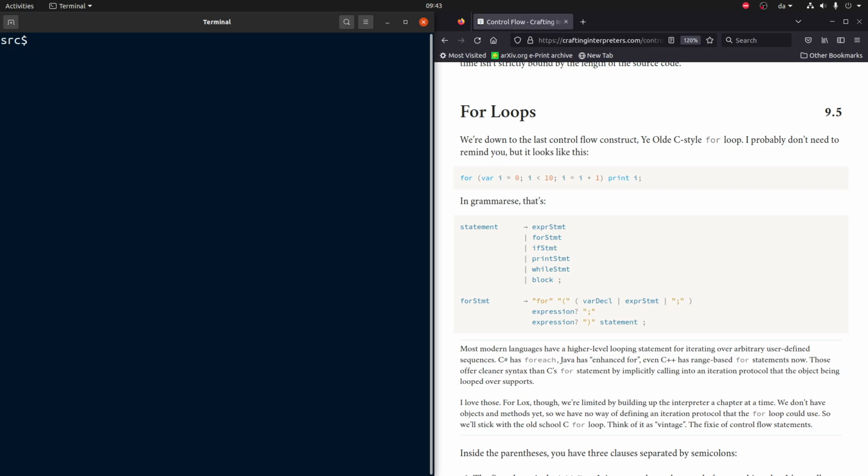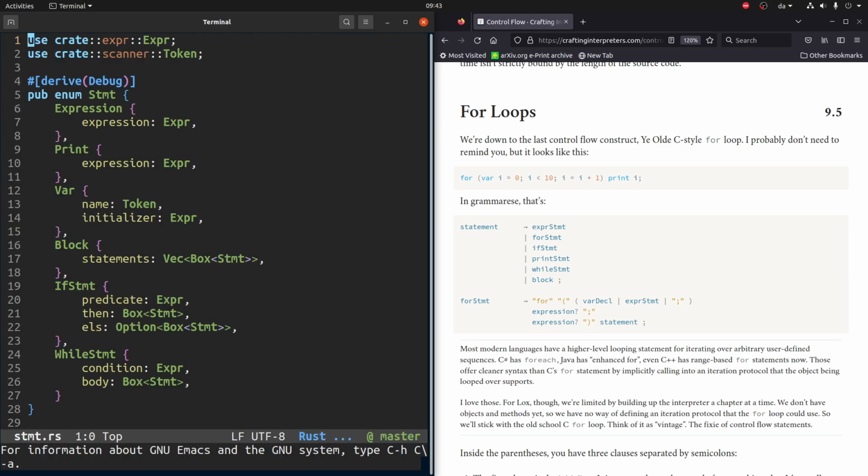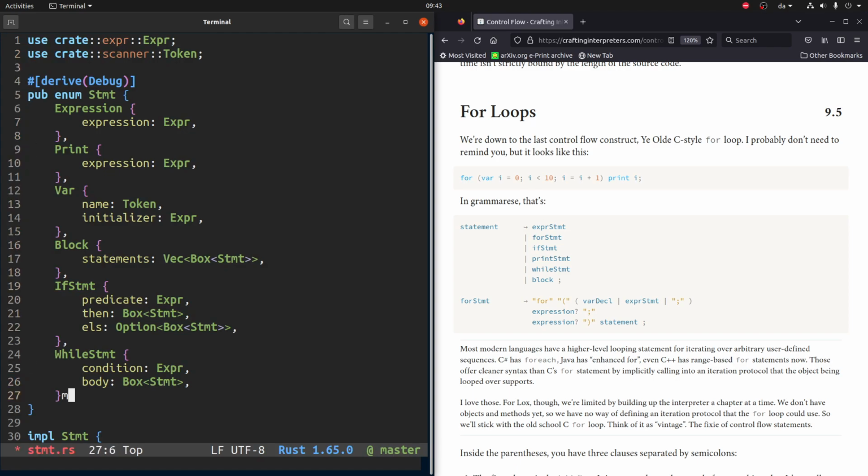Hello and welcome back. In the last video we looked at cleaning up the code a little bit and adding some tests. And in the video before that we looked at while loops, which means that now it's time to look at for loops. And for loops is a statement, and it's added at the same level as while loops, as you can imagine. So first of all, we definitely want one in here, which we'll call for statement,